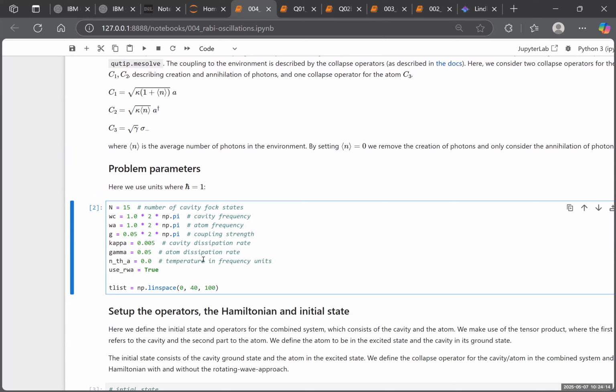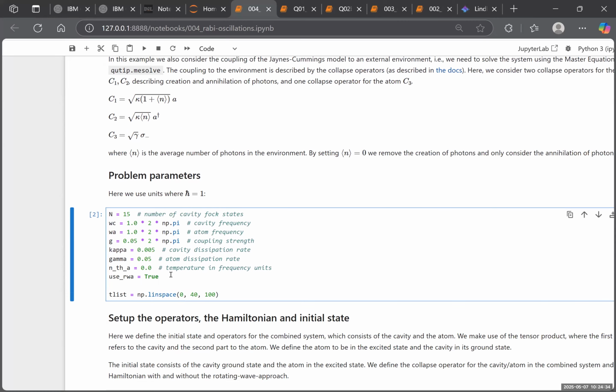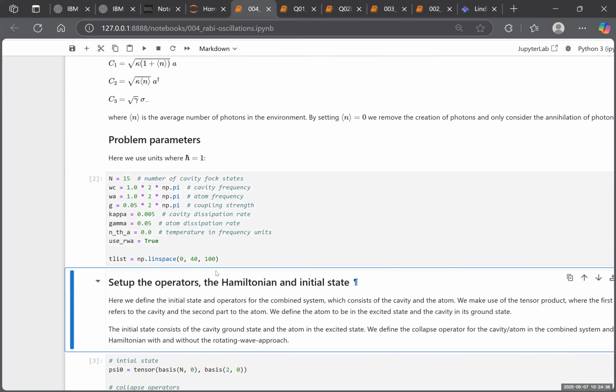In thermal, you set some temperature. Setting 0 is like a 0 temperature. There's no thermal photon. Okay, so use the rotating wave approximation. This is called the rotating wave. Okay, setting up also time